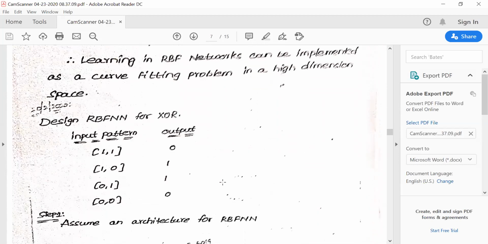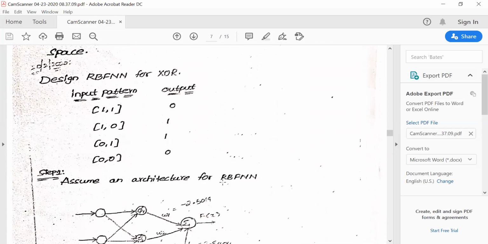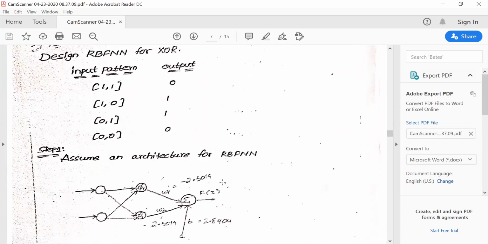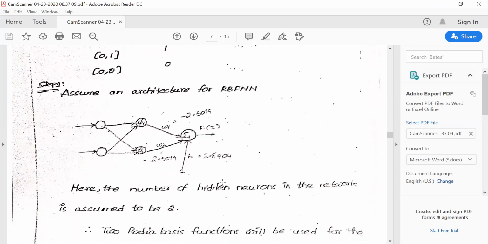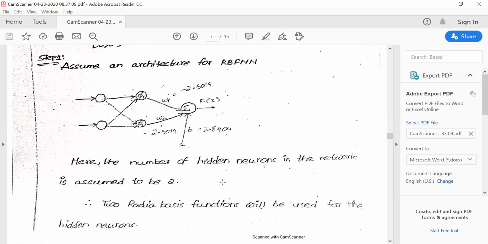So let us understand how this radial basis function neural network can be designed with the help of an example. Again, I'm considering the XOR problem. In the previous example, what we learned is whether the XOR problem is linearly separable or not, and how to convert that low dimension space into high dimension space. We just understood that point, but we did not design any solution for it. Now we will design an RBF neural network for this XOR problem, which identifies the nonlinear mapping as well as the weights, which identifies the solution also.